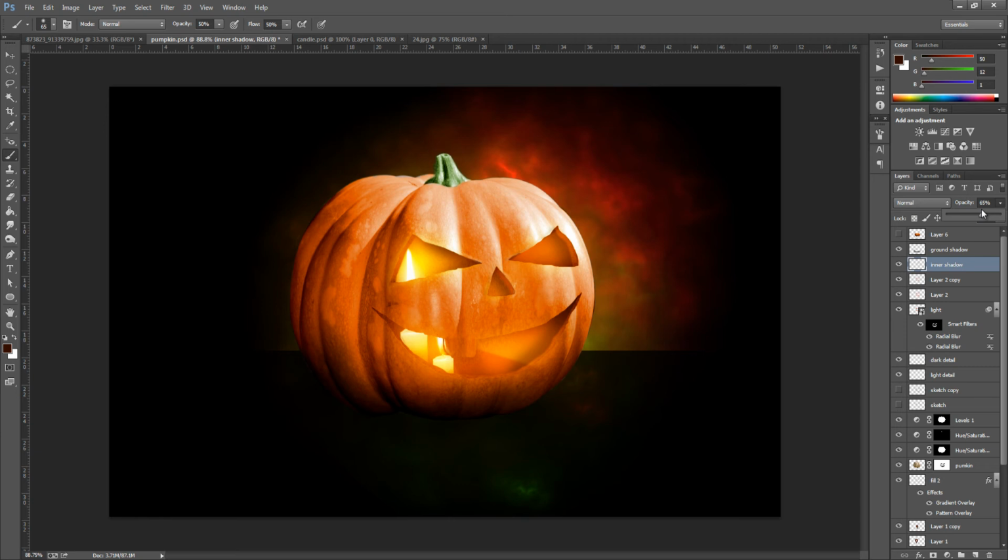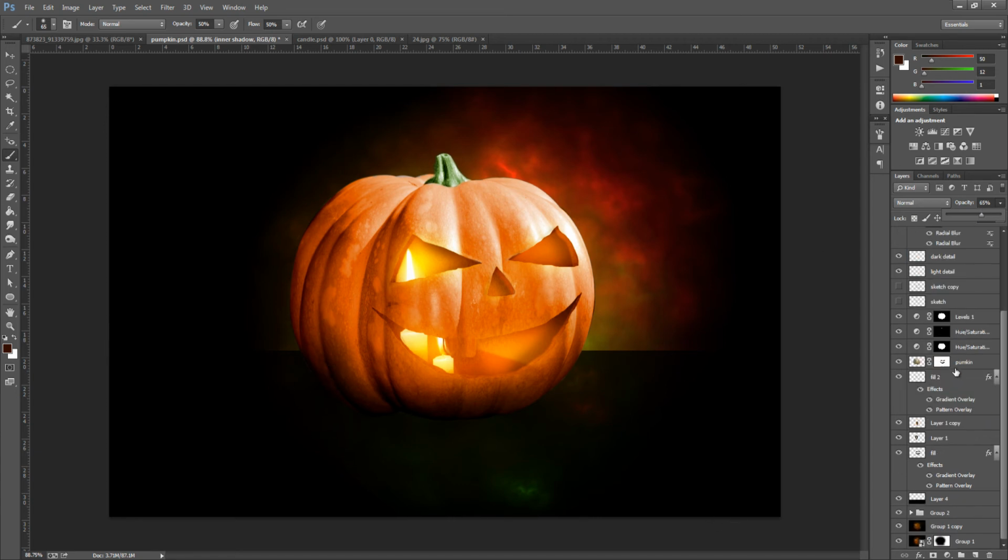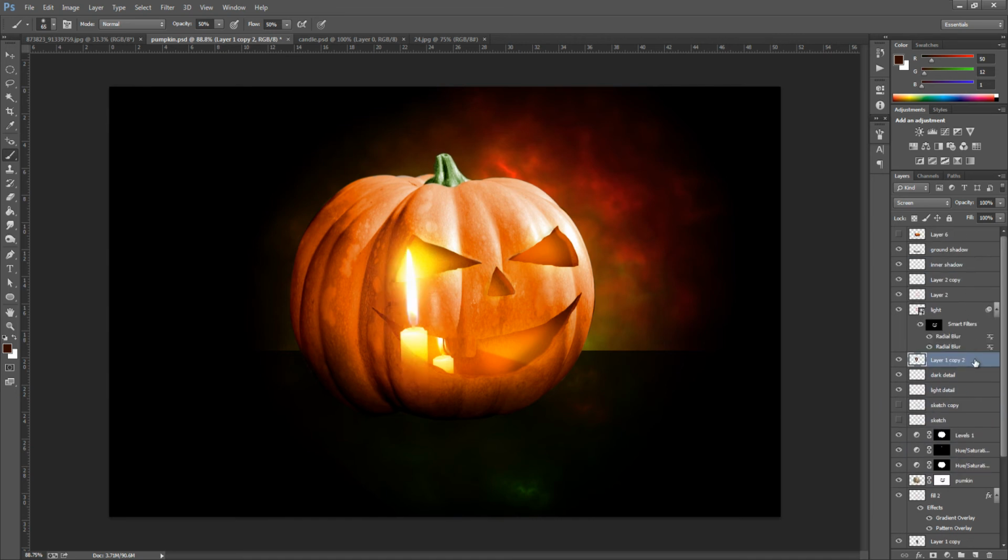So once we have done that, we're going to play around with the candle now. So we're going to have an outside candle. We're going to find our candles, go to one that we didn't edit, should be called layer 1 or something, and duplicate. So Control J on your keyboard or Command J if you have a Mac. Bring it all the way up to the top so it's above everything else, and rename it Candle Front.